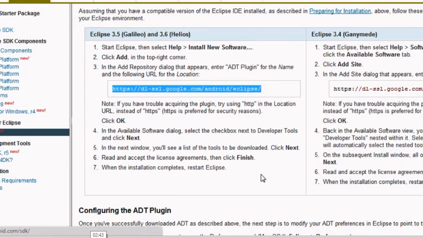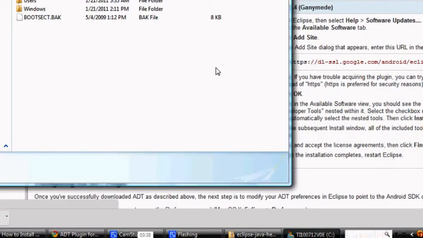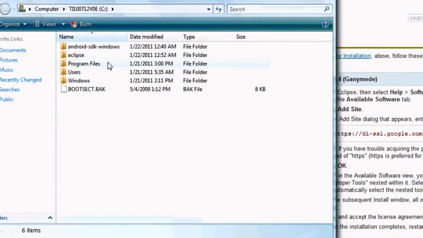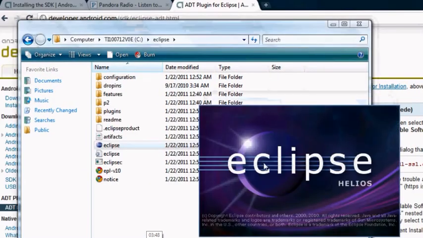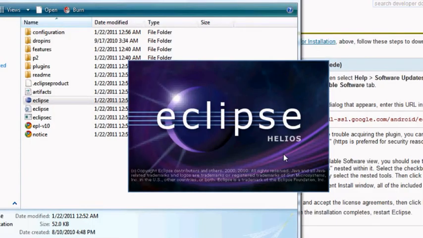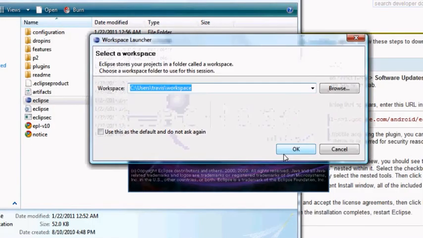Right, after you copy this, you can load Eclipse and set up your Android SDK and the emulator, but for the first time you must set the workspace.